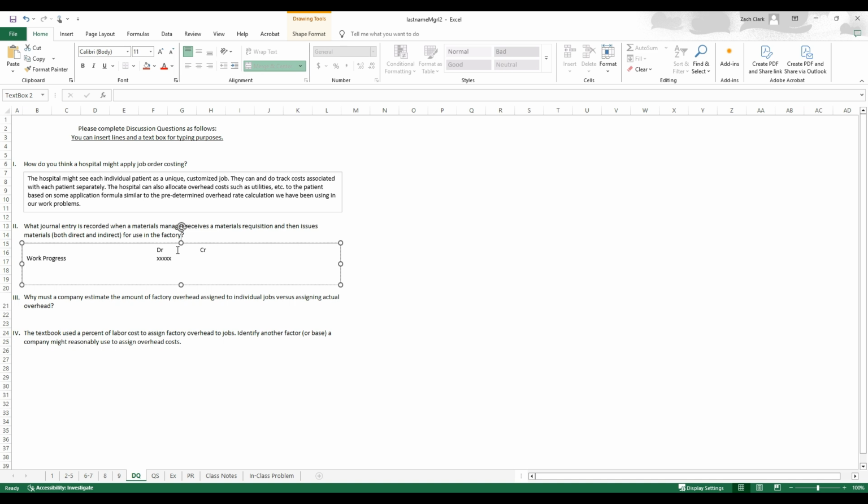We don't have a specific dollar amount in this one directly, but and then factory overhead or manufacturing overhead, we've seen the same thing. And as it talks about direct and indirect for use in the factory,